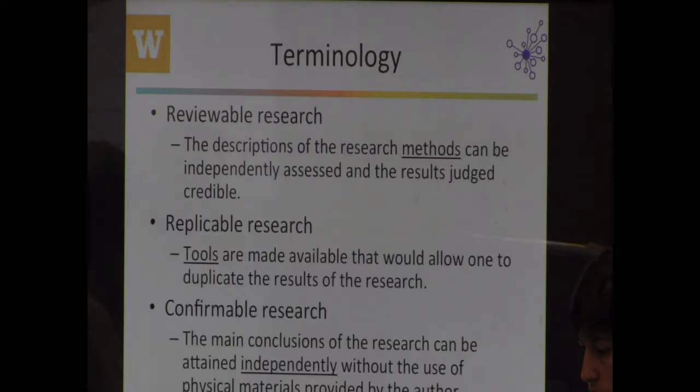Okay. So there are another set of terms that I don't think I'm going to spend a ton of time on that get at actually attaching labels to all the different aspects of this, and I encourage you to go look at this. This is the ICERM report. Stoddard's the first author from 2015, and they go through 5 different terms. Whether your research is reviewable, so this is like, how well did you write your methods? Is it replicable? Like, did you make the things available for people to reproduce your research?